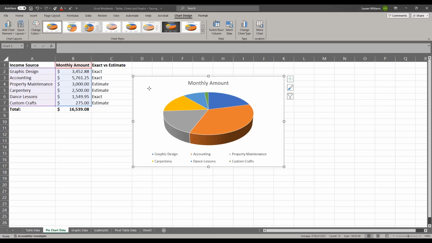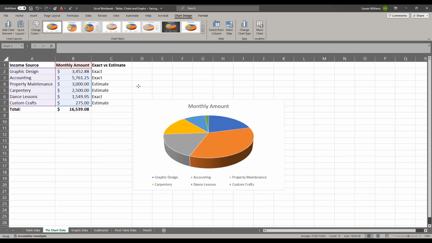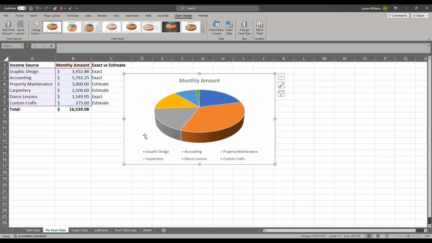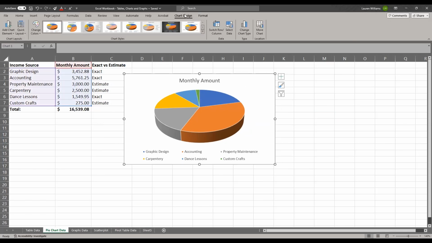So again, if we choose this pie chart, you can drag it anywhere you want. You can create a new sheet. You can put it on its own sheet if you want. Doesn't really matter. It's really for viewing purposes. But when you click on this, you will get, as you can see, some new ribbons at the top. If I click away from my chart, you notice that those ribbons go away. If you click back to your pie chart, you can design and format your pie chart based on the information in front of you. So in this Chart Design tab,